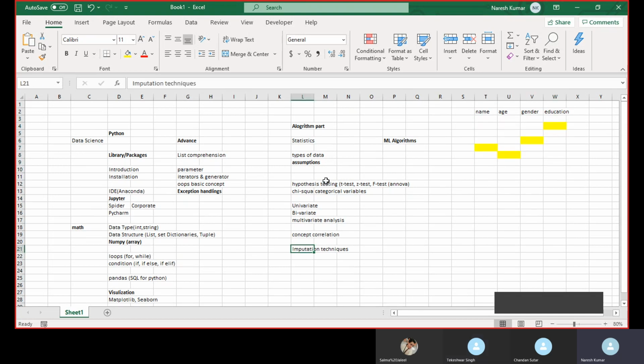For imputation technique, we mainly use mean, median and mode. Basically mean and median are used for continuous variables, and mode is used for categorical variables. When I was talking about types of data, it was about types of variable.